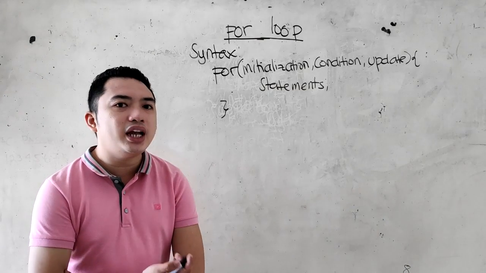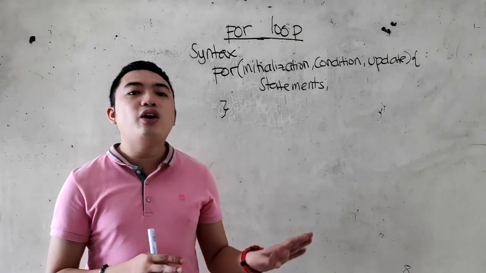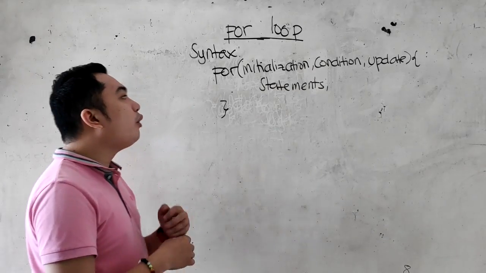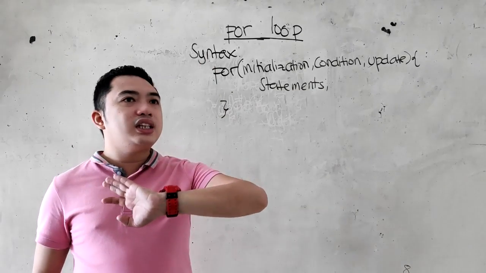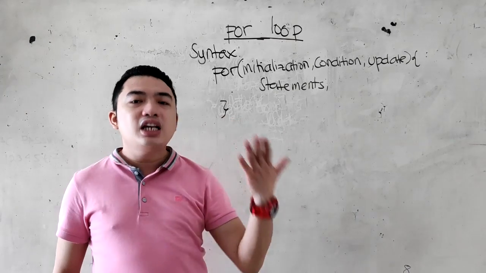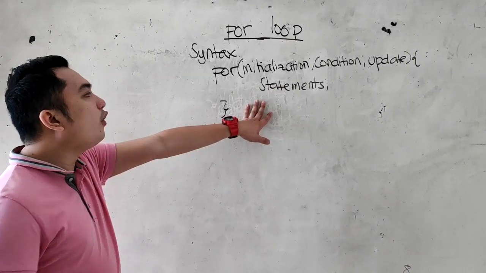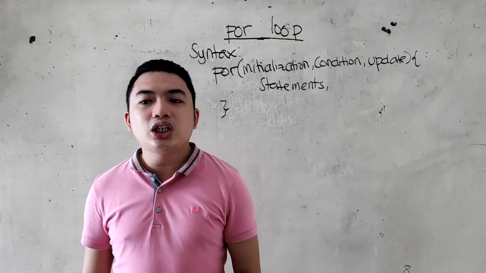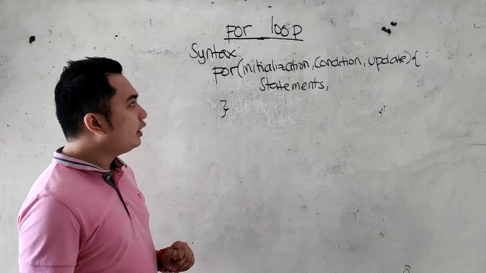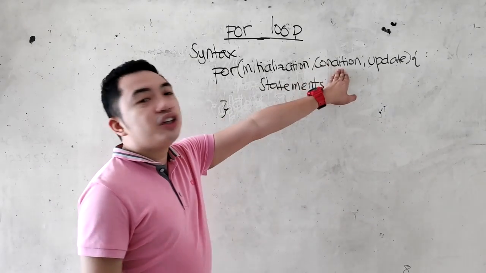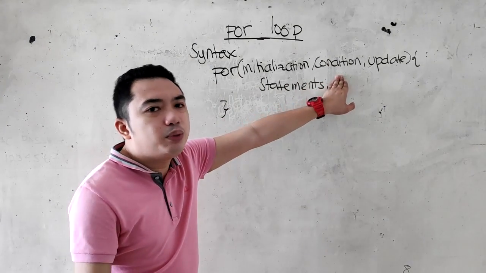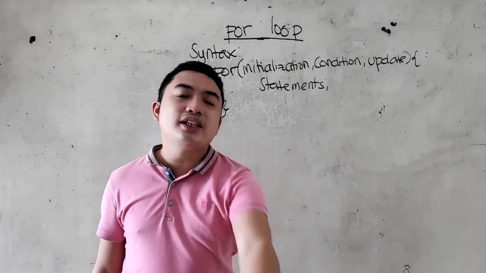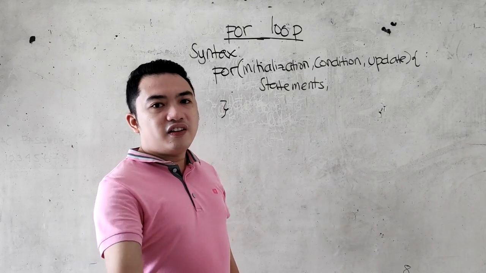If you can still remember, in our while loop and do while loop, our initializations are outside the loop body, before the start of the loop. In our for loop, there is a space for the loop variable declaration and instantiation or initialization. Our condition here is basically the Boolean expression, and our update here is either increment or decrement. It depends on the requirement of the problem.